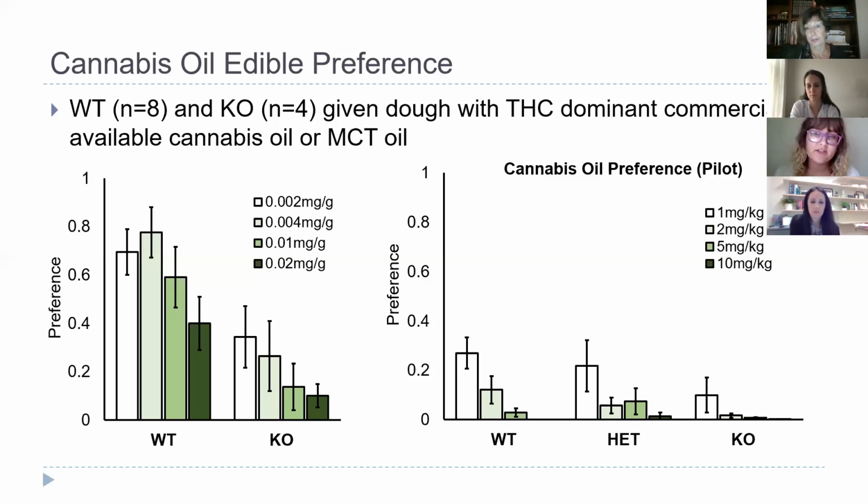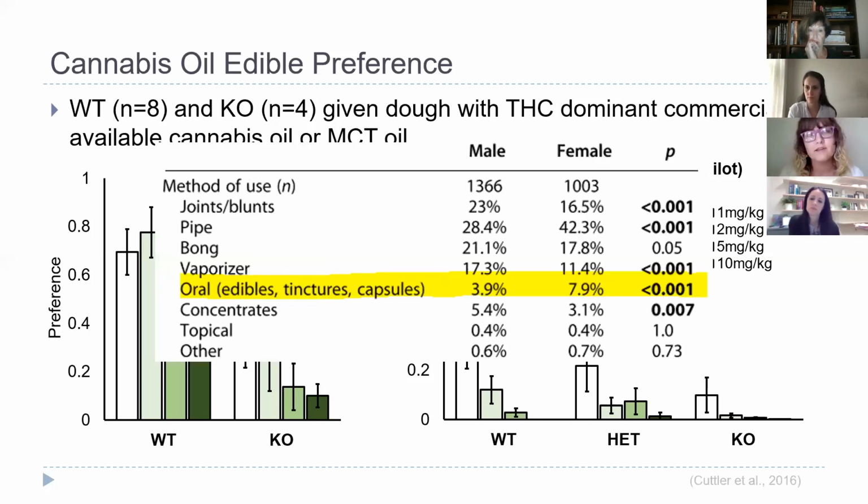So this could suggest that there are some age effects at play here, but it could also be a potential sex effect, considering we're now using mixed sex animals. And this would be in line with what is shown in human observations, wherein most of the time males have a higher rate of consumption of cannabis products than females, except in the case of oral administration, in which females will consume more than males.